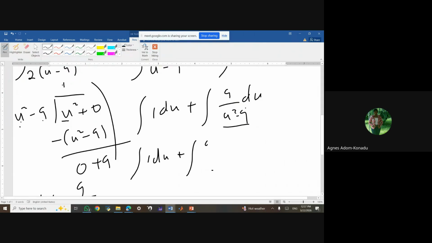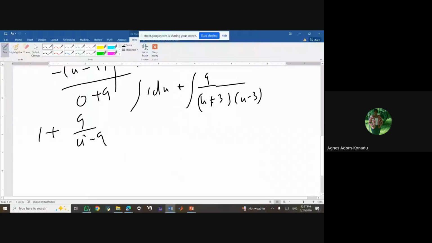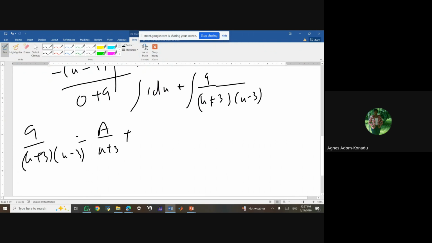So that's the same as 9 over (u+3)(u−3). So u plus 3, u minus 3, we know 9 over (u+3)(u−3) is the same as A over u plus 3 plus B over u minus 3. Then to solve this,